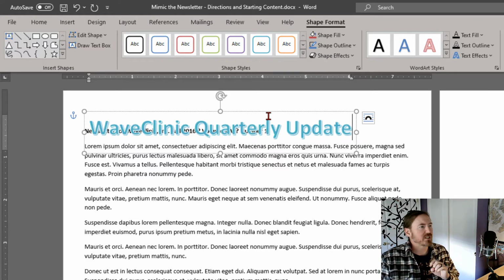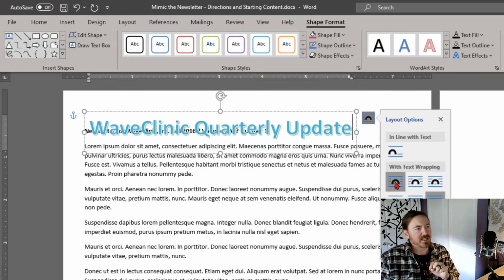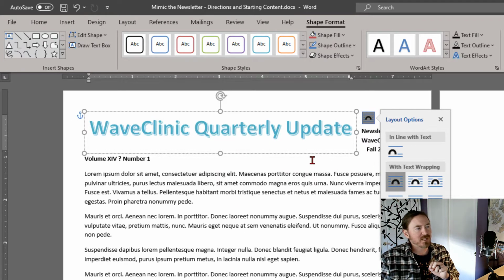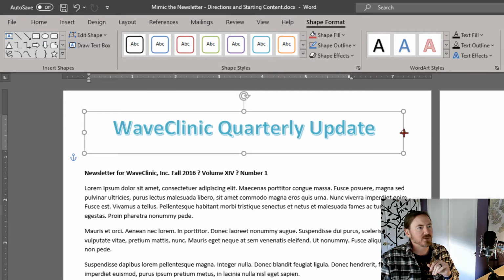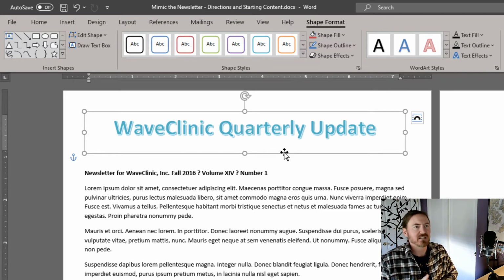However, there's things that we can change. I can go to the text wrapping options, and I can choose something like square wrapping, and that's going to allow it to push away the other text content. And if I were to size this so it goes all the way across the screen, it'll be in that top half. Now, while my word art border is selected, which is pretty much the same thing as selecting everything,